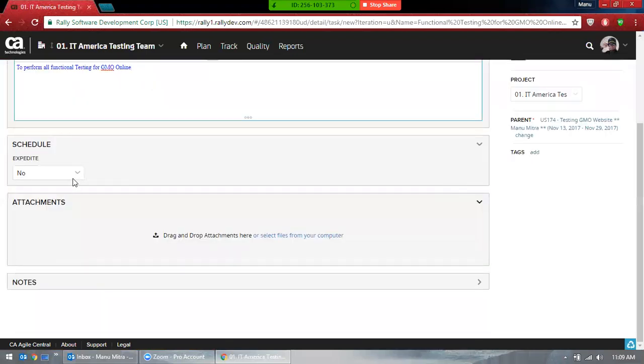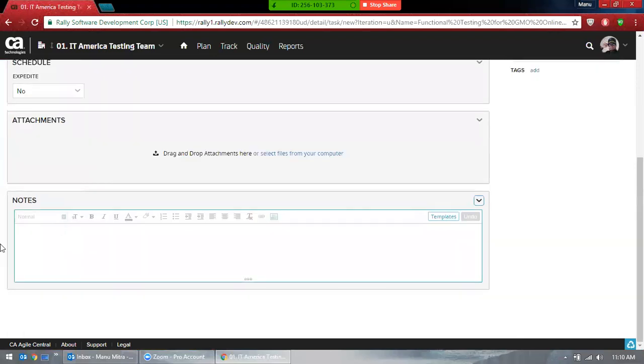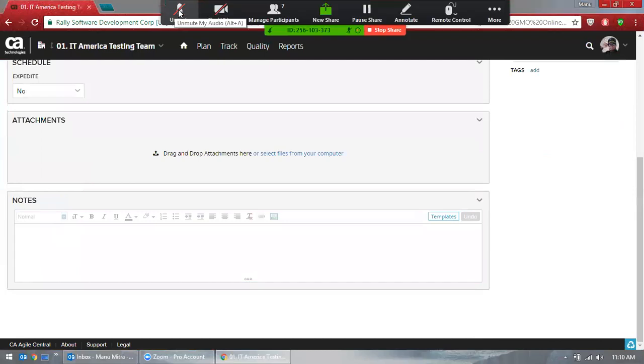Here, if there's an attachment, you can put an attachment. Obviously there are not many attachments here, but you need to put an attachment if there is any. If there are notes, you can write the notes.